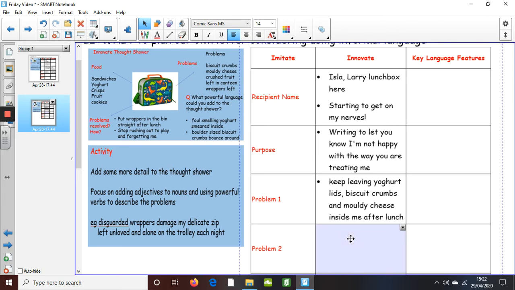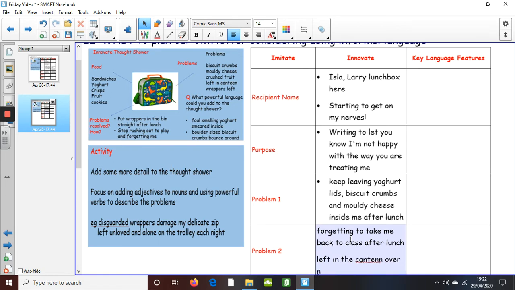So it might say something like, forgetting to take me to class after lunch. I might also say left in the canteen overnight. So these again are problems that